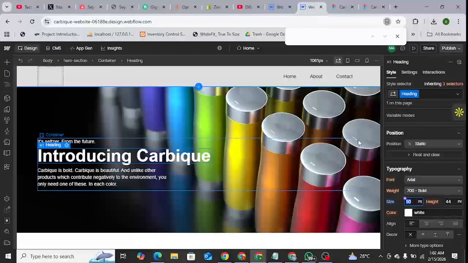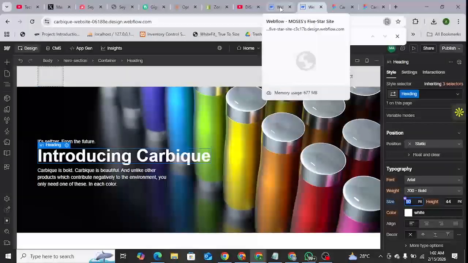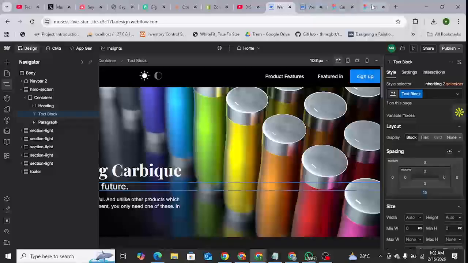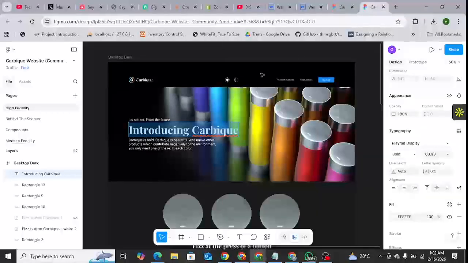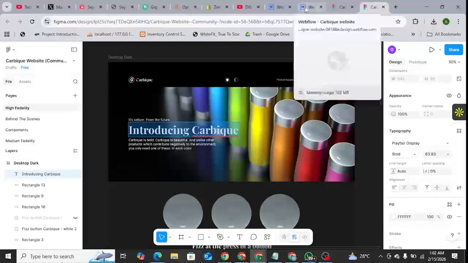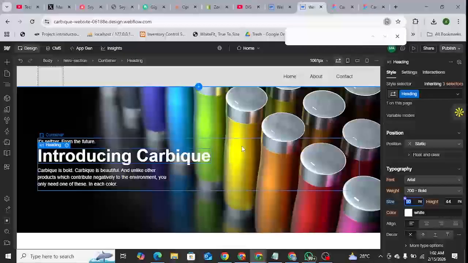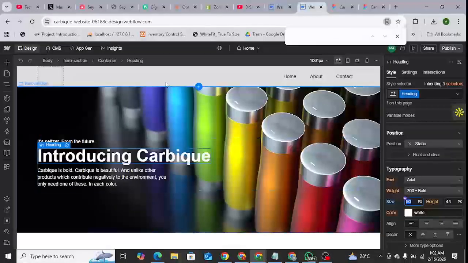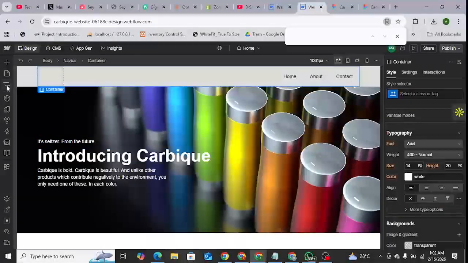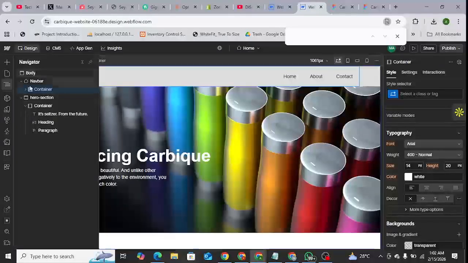So we have this. So right now, let's go design our navbar. You can see that. So it's the navbar now that we're going to be designing and showing you how to do all of that. So after the navbar, we are going to work on responsiveness. So right now, let's come to the navbar. So right here,